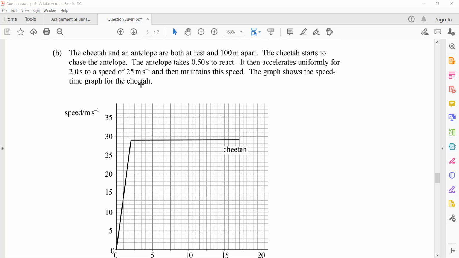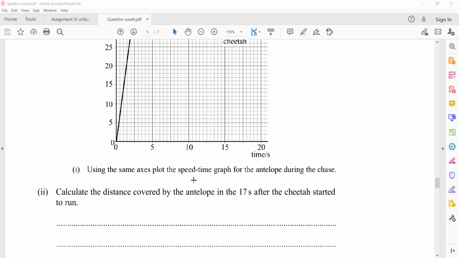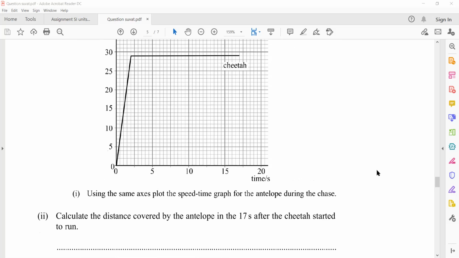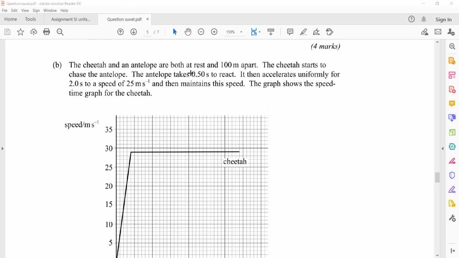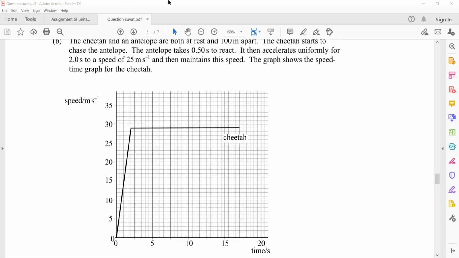The graph shows the speed-time graph for the cheetah. Use the same axes to plot a speed-time graph for the antelope. So how will you sketch or plot the speed? All the information is given. For 0.5 second it took to react. Between 0 and 5 there are 10 boxes, so each point represents half, or 0.5. So at 0.5 second it will start, and it accelerates